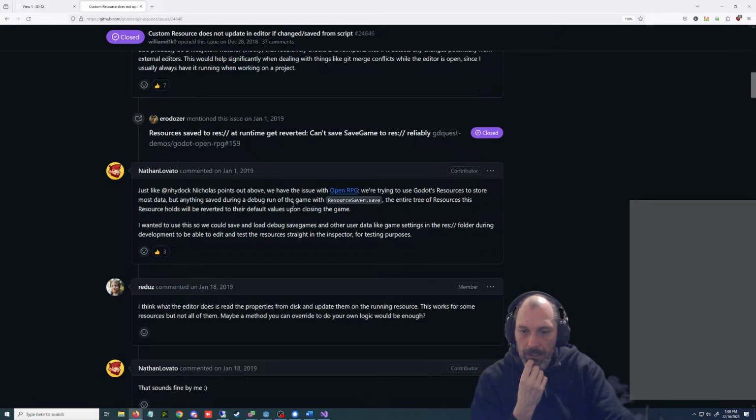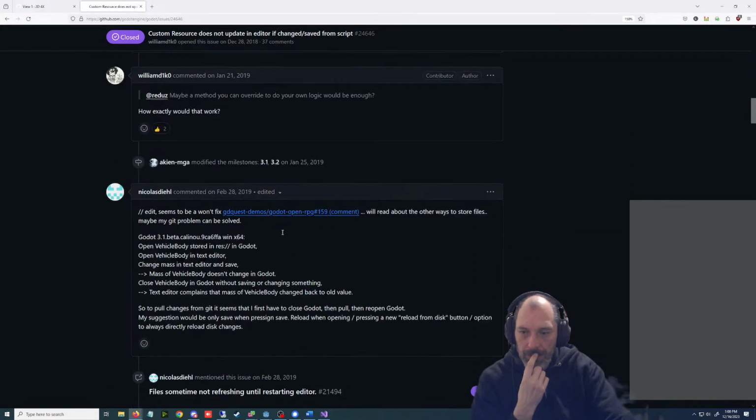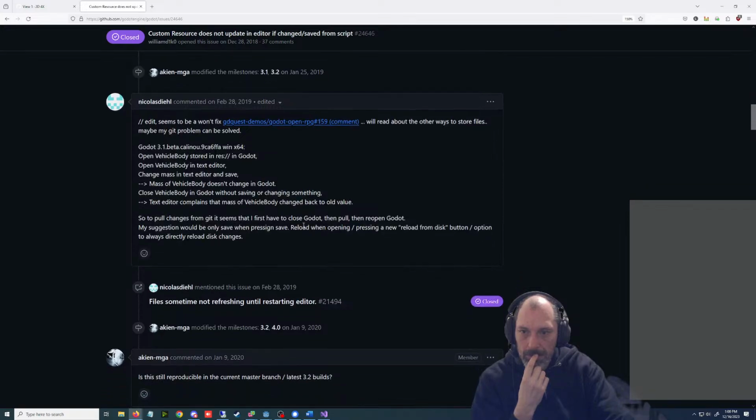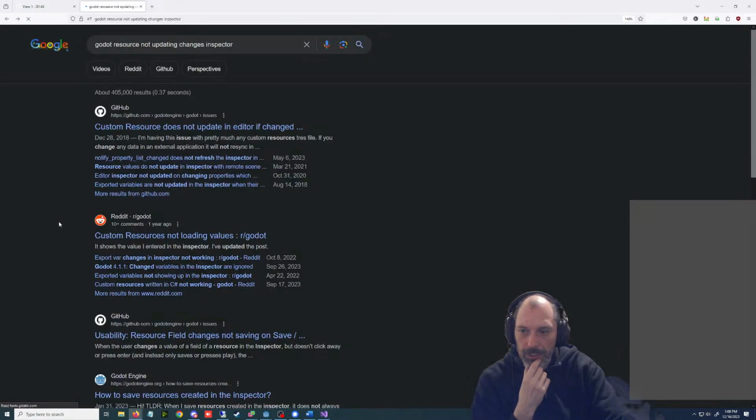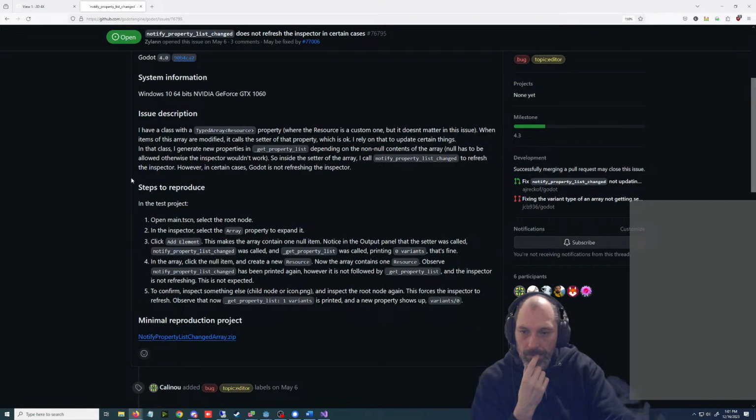Everything saved during a debug run of the game, the entire trees will revert upon closing. No, that's fine. This is different and it's ancient. When items of this array are modified, it calls the setter of that property, which is K, relying on that to update certain things. In that class, I generate a new